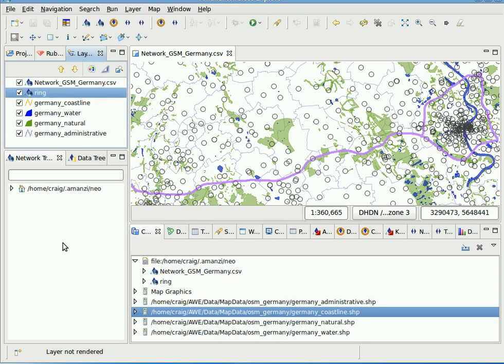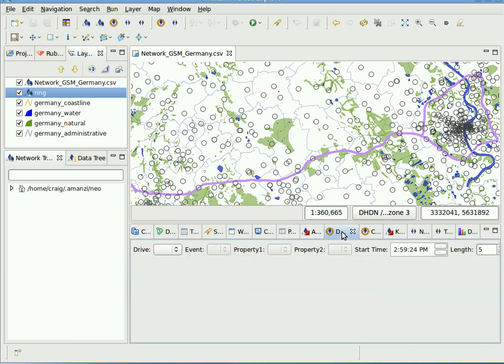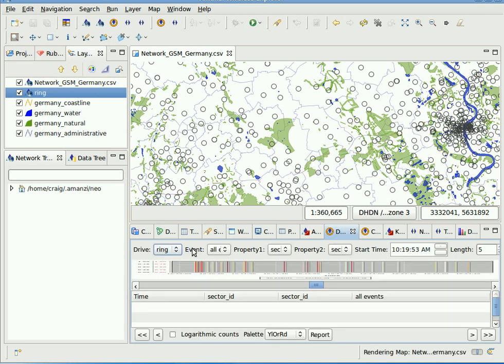Okay, what we have here is the city of Cologne in Germany, and there is a ring highway around it. So we've got a sample data set driven around this ring, and if we go to the Drive Inquirer here, we should be able to select that data set, and also let's select some properties to visualize. I think we need to give a little bit more space